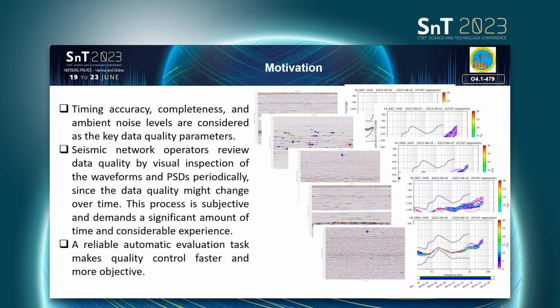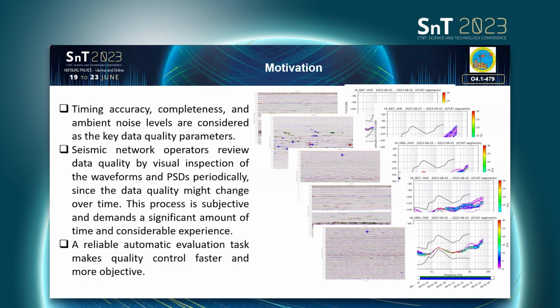My motivation for doing this tool is to calculate the quality parameters for the seismic station. Quality parameters for a seismic station can be determined by time accuracy and completeness and many other parameters. Especially ambient noise levels could be calculated or determined by simply using some threshold, like completeness or gaps or time accuracy. But quality for seismic ambient noise could be done through the checking or visual inspection of the waveform